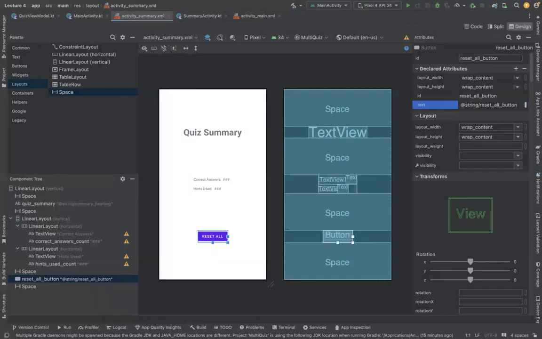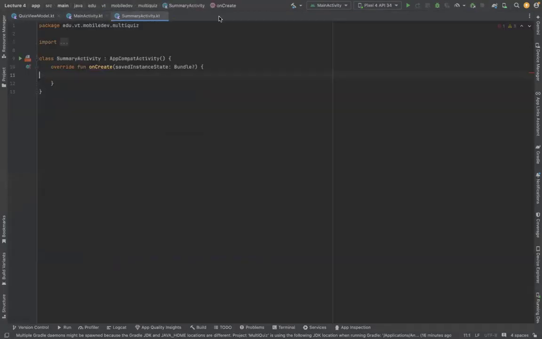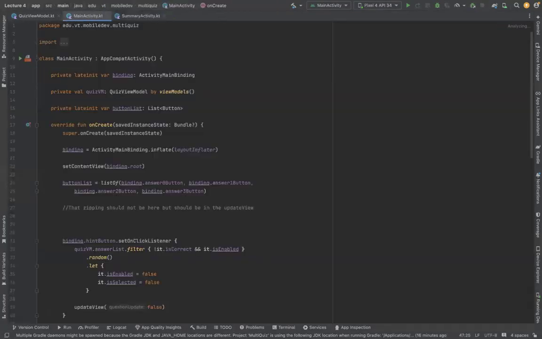Finally, we can go to the code for the next 10 minutes, and then we can learn some skills for this project that you guys need to finish this project, right? So I think everything should be fine. Let me just double check that everything is correct here. Correct answer count, hints used count, reset button, quiz summary, everything. Okay, so this looks good, right? Activity summary. So that's the end of that. I don't need that anymore, right? So that's that. So now let's start